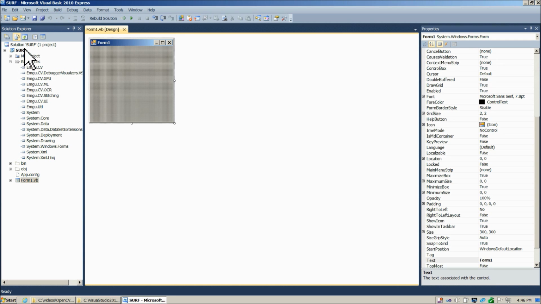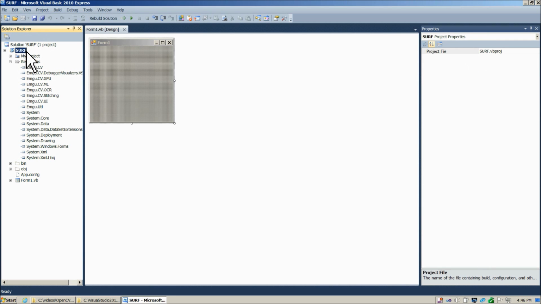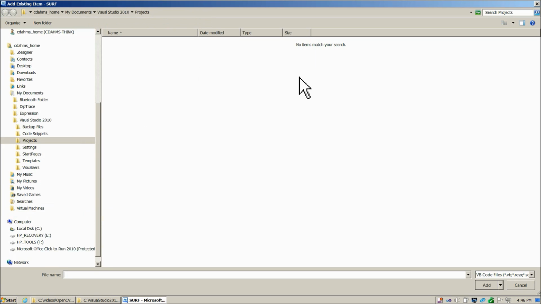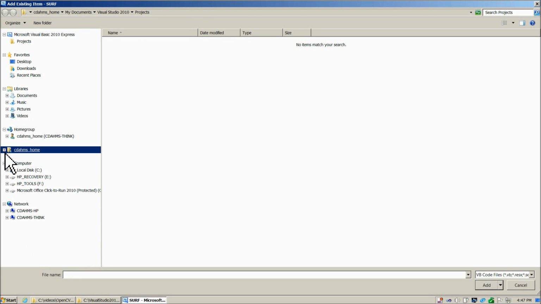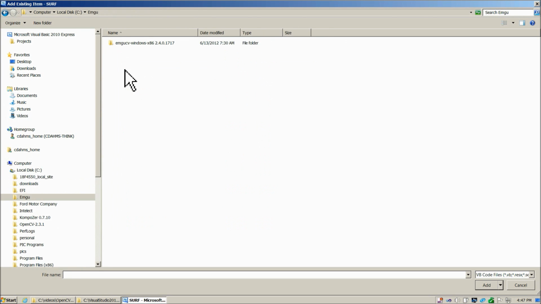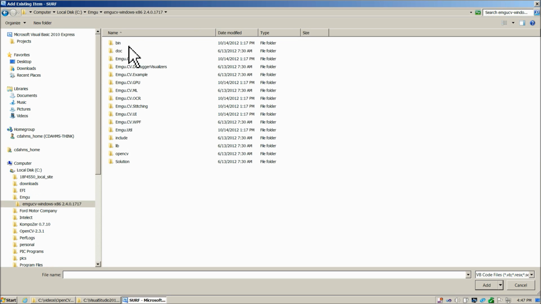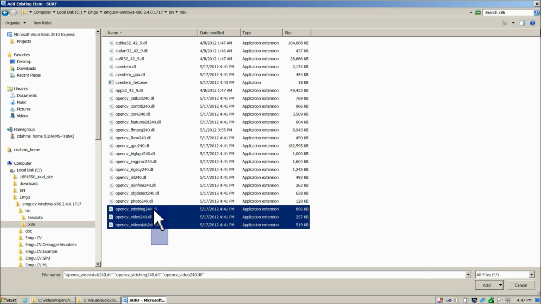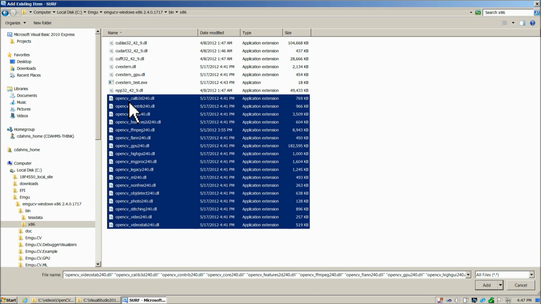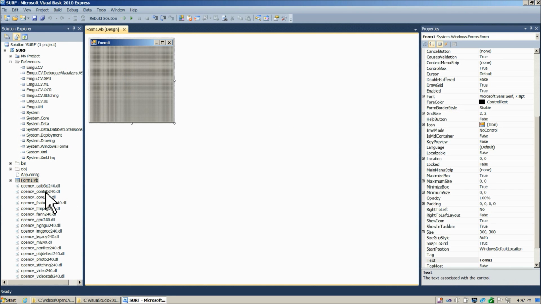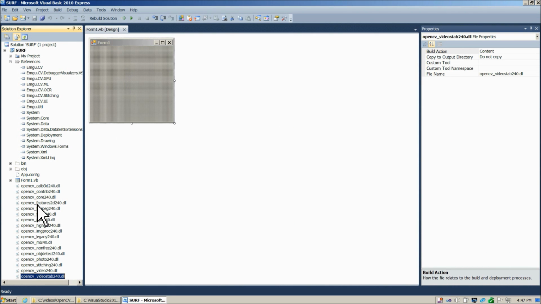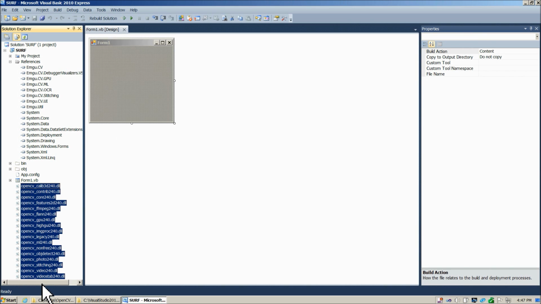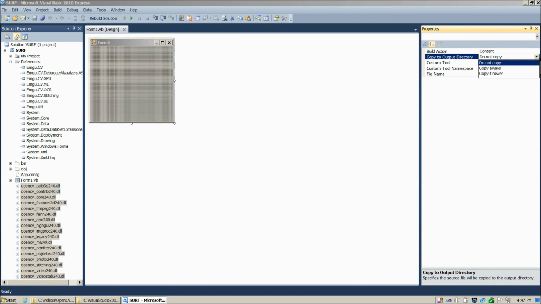So then next we're going to go back to our project here and then add existing item, and we're going to navigate back to the Emgu install. So there we go, Emgu, Windows x86, bin, x86, and all files, and show all files rather, and then we're going to choose all the ones that start OpenCV and NDLL. There we go, and give Visual Basic just a moment to add those, and then of course we always want to highlight all these DLLs here. And then by copy to output directory, choose copy always,